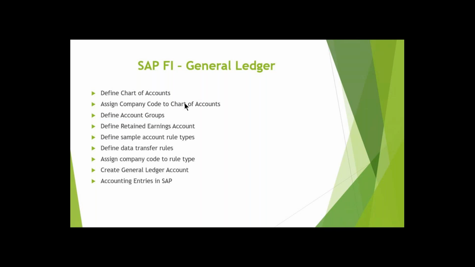Chart of accounts is nothing but the nature of the transactions we do, the nature of the ledgers we create. That ledger nature will be defined under the chart of accounts. When you create the ledgers, you will connect this chart of accounts and you will connect the field status variant. I'll show you how it is connected while creating the ledgers. So you understood about the chart of accounts? Yes, sir.